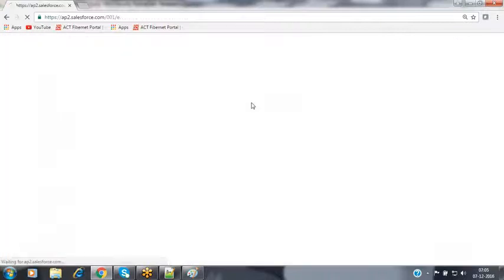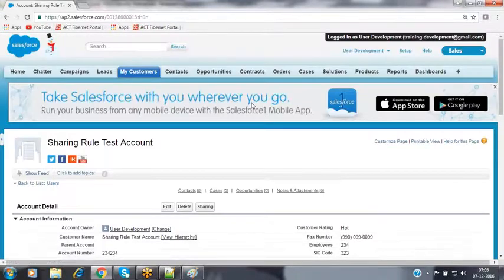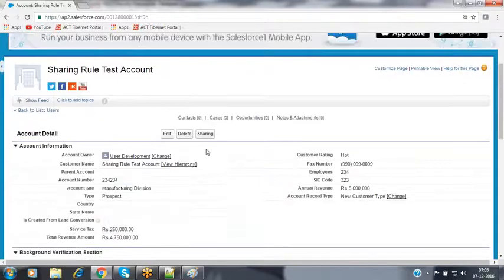As soon as you click on save, once the record has been created, Salesforce is going to verify whether the user has created any sharing rules on this account object or not. If the sharing rules are available, it is going to execute each and every sharing rule. The sharing rules verify every record's field values. If the conditions are satisfied by that record, automatically the record will become visible to those users as well. So now let's see here.